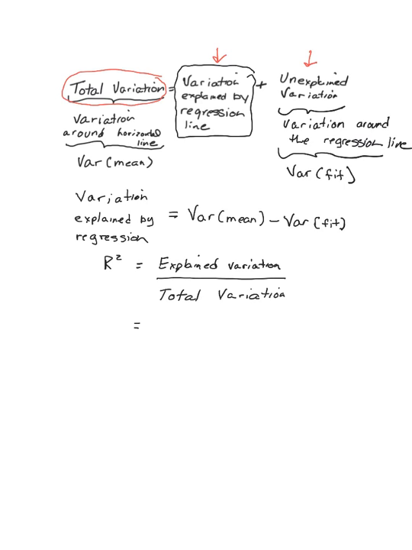Or using the StatQuest notation, that is variation around the mean minus variation around the fitted line divided by the variation around the mean. So at this point you can go back to the StatQuest video and